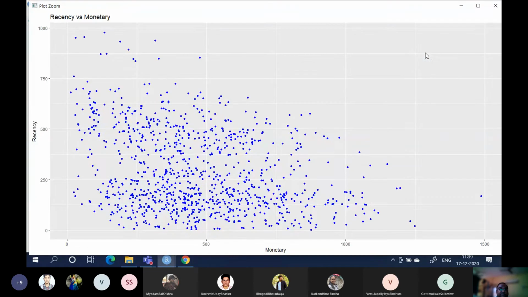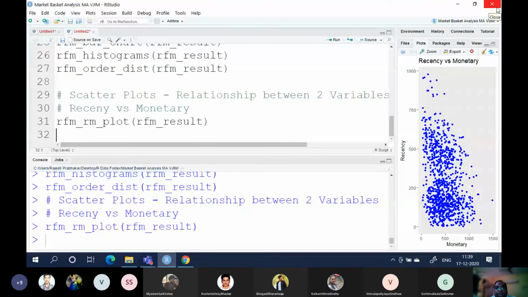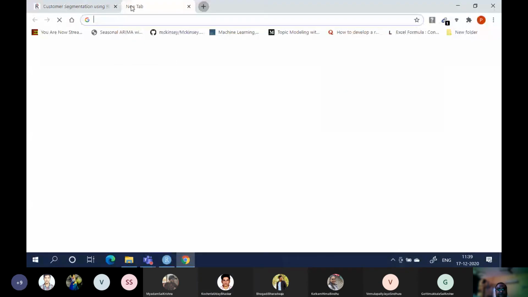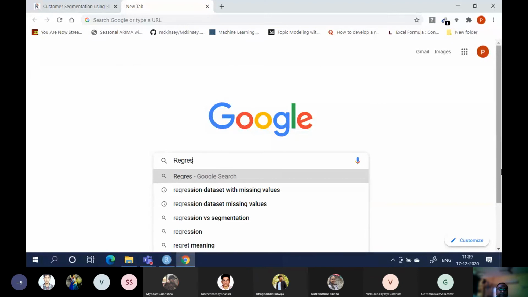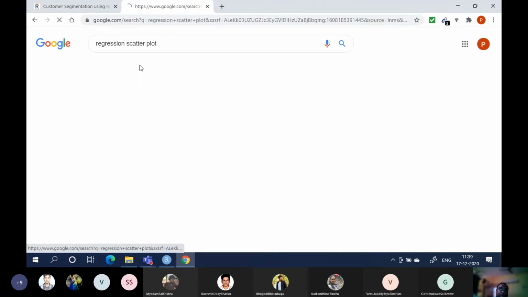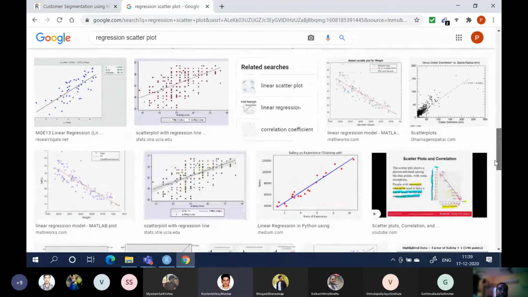So what do you observe from this scatter plot? What do you understand from the scatter plot? Or I'll show you the scatter plots. There's no relationship.